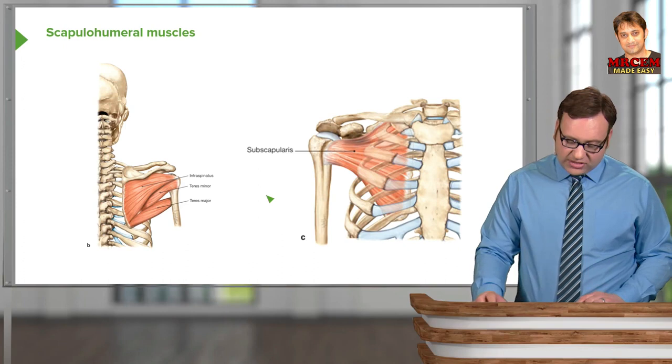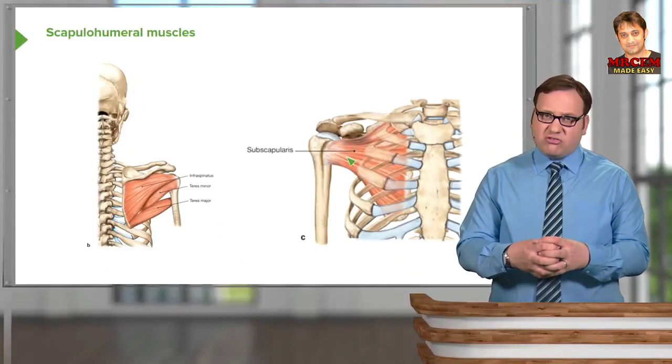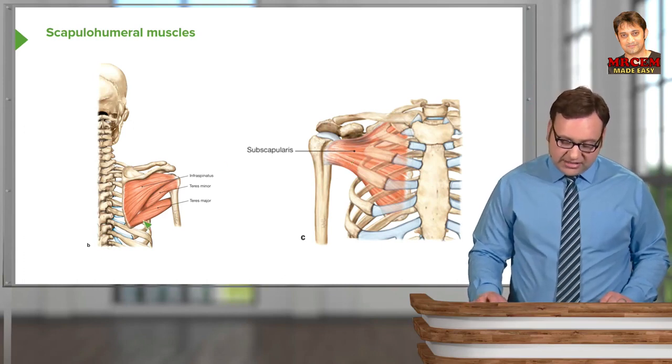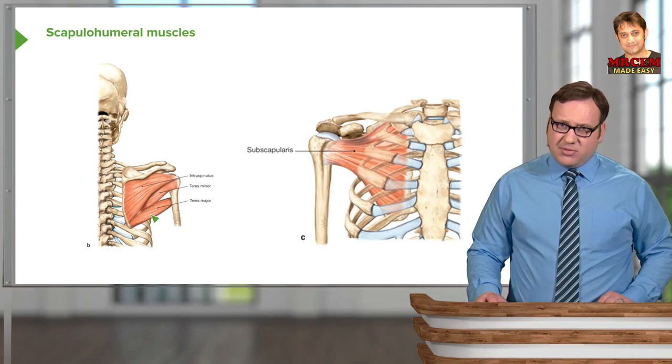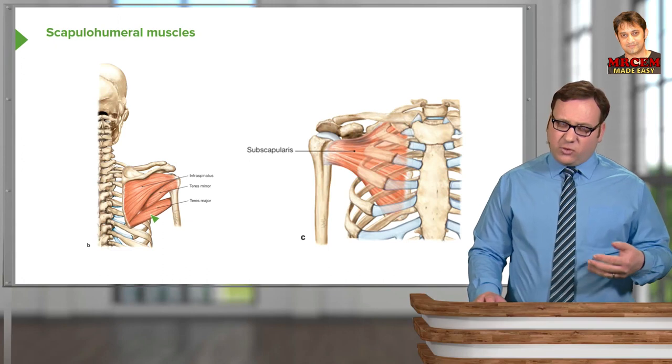Here we can see some of the rotator cuff muscles: infraspinatus, teres minor, and subscapularis. What we could add on to here is supraspinatus as well. And there are the 4 muscles that form this rotator cuff: supraspinatus, infraspinatus, teres minor, and subscapularis. And they form this cuff around the head of the humerus. Teres major here doesn't, because that attaches to the shaft of the humerus lower down,